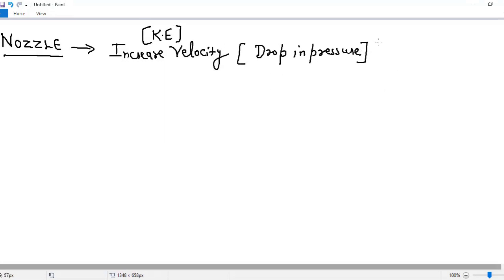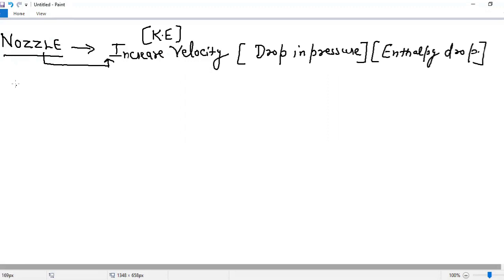Okay, so the drop can be in terms of pressure, or it can be in terms of an enthalpy drop also. Clear? So the enthalpy of the fluid will drop, or we can say the pressure will drop, and because of that the kinetic energy or the velocity of the fluid is going to increase. So anywhere I use a nozzle, the aim of using it is what? To increase the velocity of the fluid flowing through the nozzle. Clear?